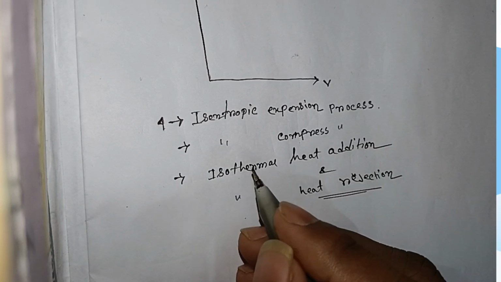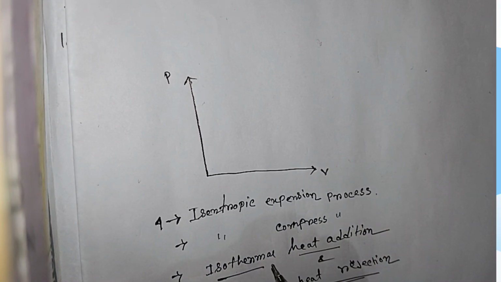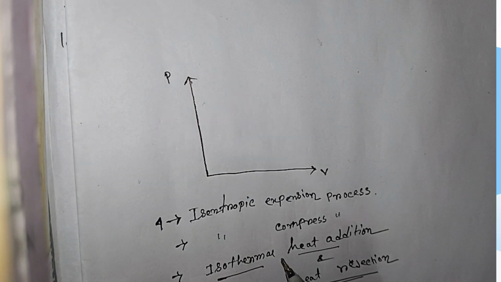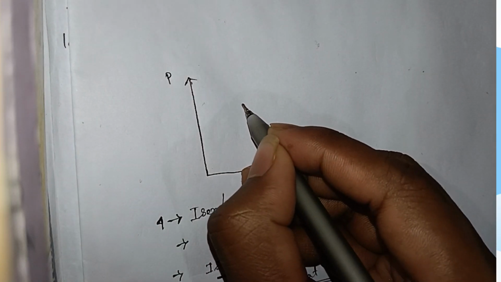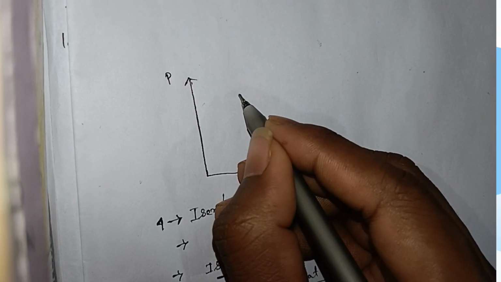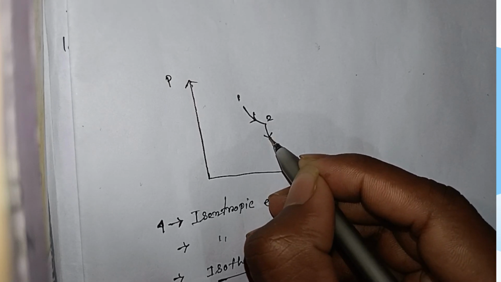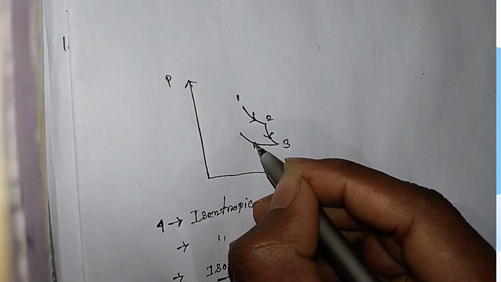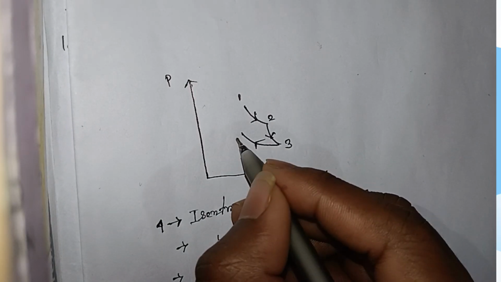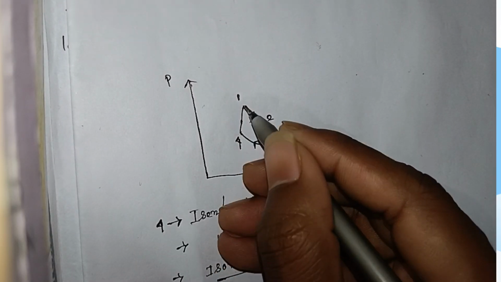Okay, first we'll start from the isothermal heat addition. In any exam question, if asked which process starts first, you will definitely answer that the isothermal heat addition is the first process. The isothermal heat addition, like I say 1 to 2 isothermal heat addition, then isentropic expansion, then isothermal heat rejection, then the cycle is completed by